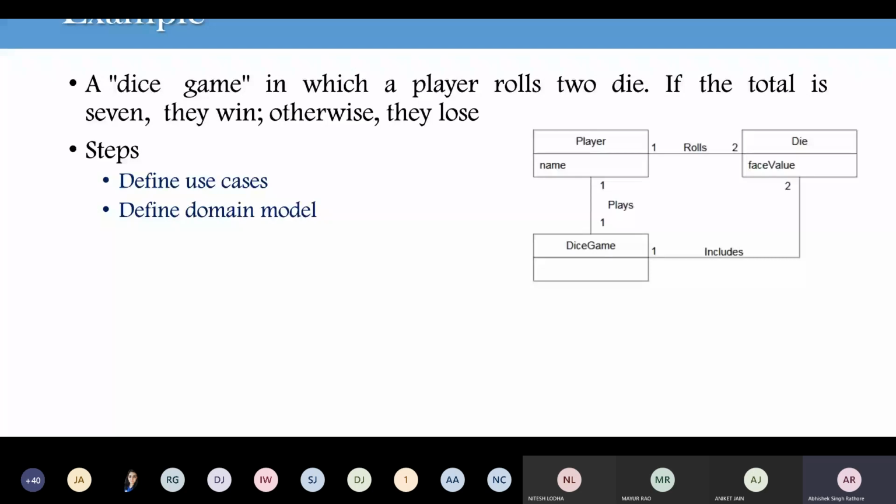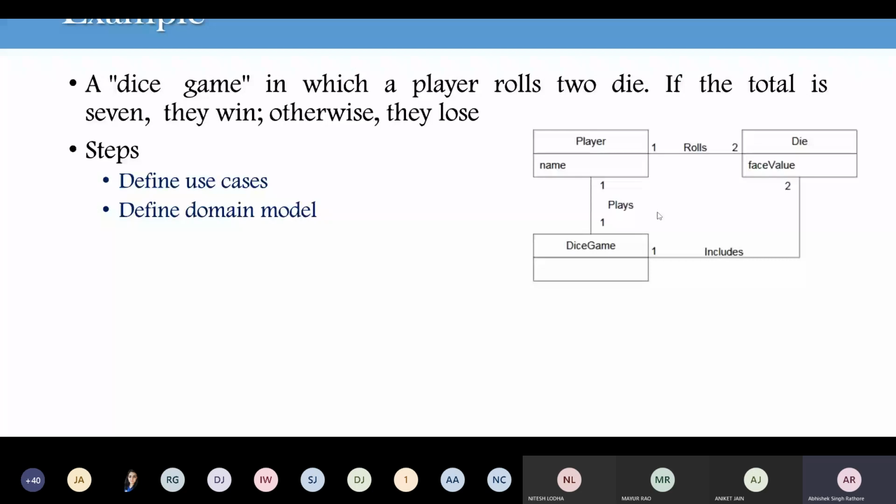The second step in object oriented analysis is to define the domain model. When we are concerned with object oriented analysis, we are creating a description of our domain from the perspective of classification of objects. So we go for decomposition of the domain, which involves the identification of concepts, attributes, and associations that are considered important. The result can be expressed in a domain model. We have a domain model available here. So this is our domain model.